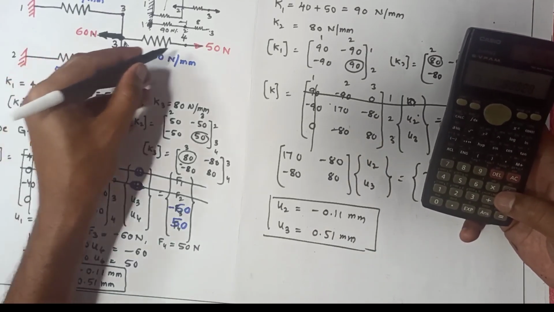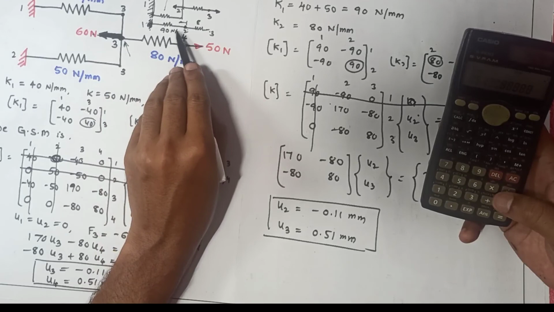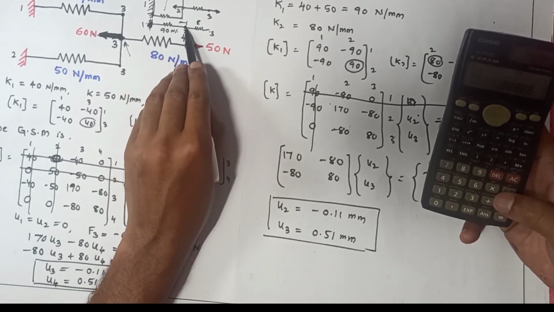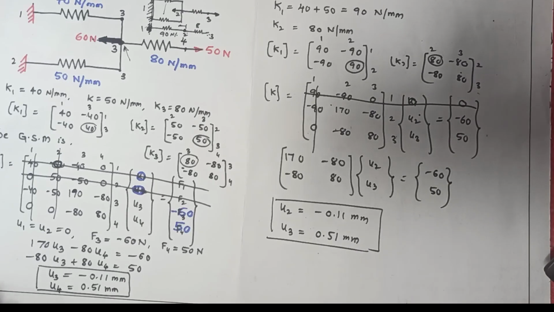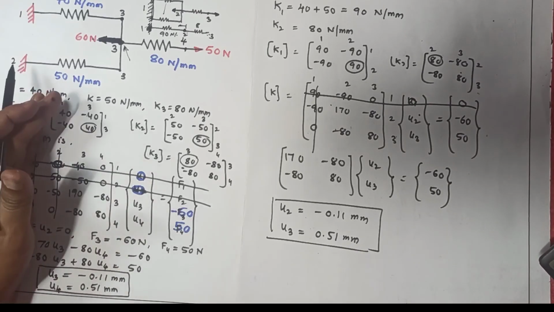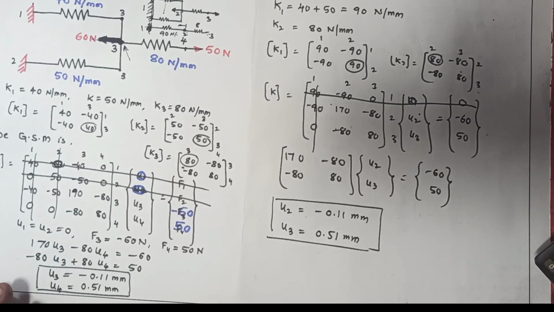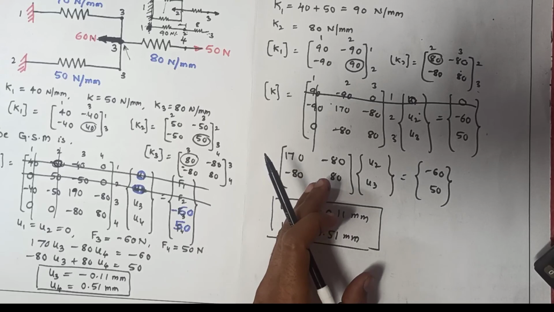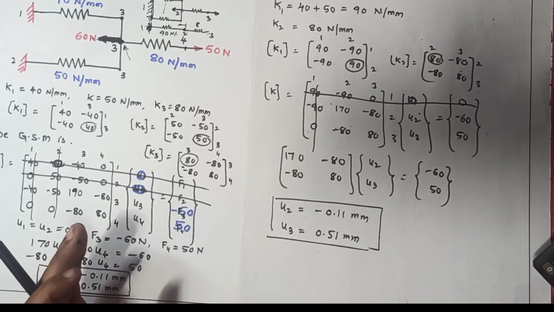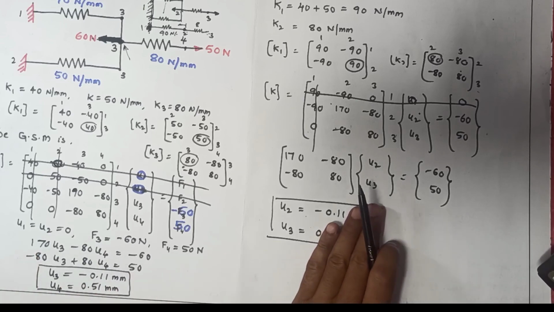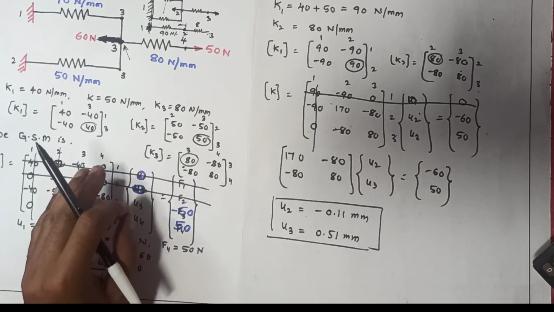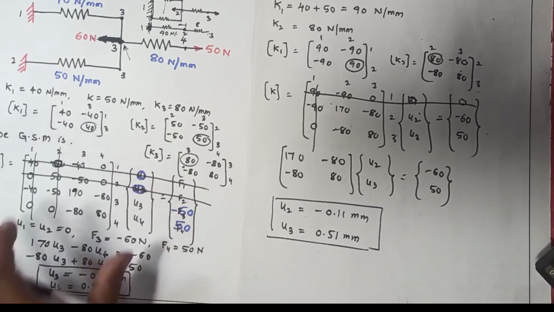In the first case it is U3 and U4 here, but in this second case it is U1, U2, U3. So there is no difference in the answer whether you follow this method or the earlier method. Hope the doubt is clear to you. This method is used when a larger number of springs are arranged in series and parallel connections. If a minimum of 3 to 4 springs are used, then you can follow this method.